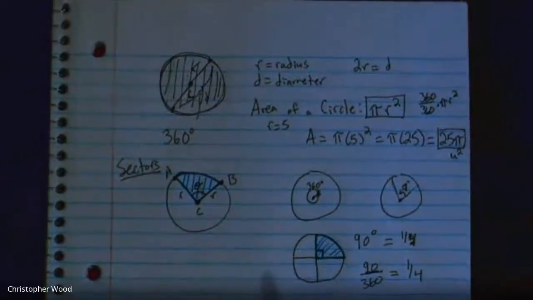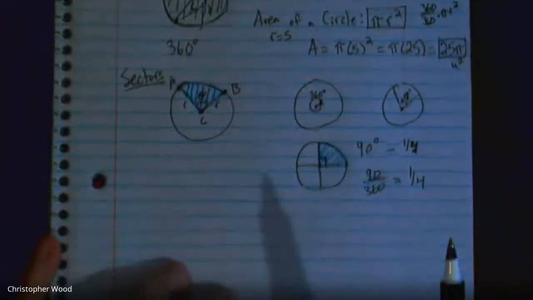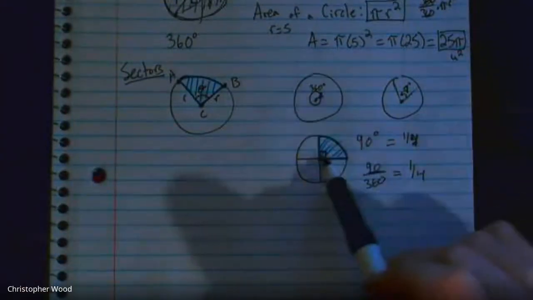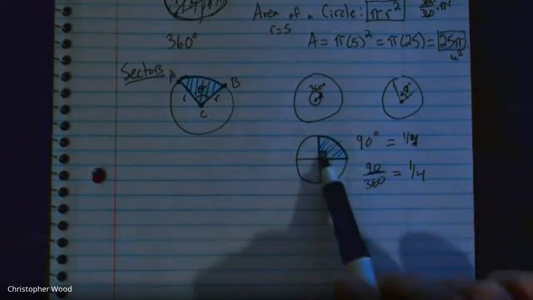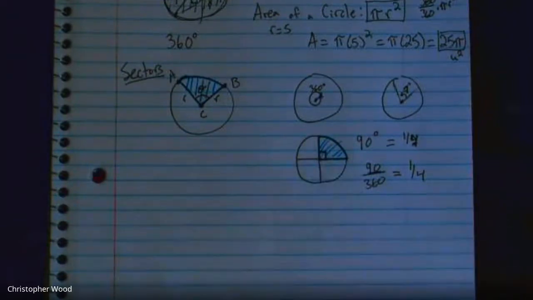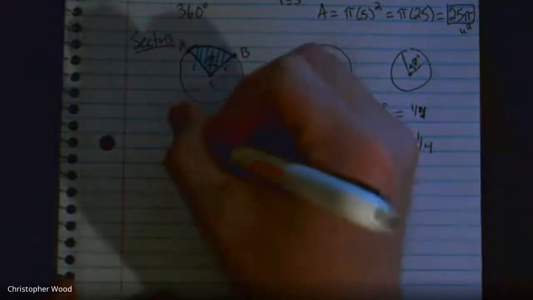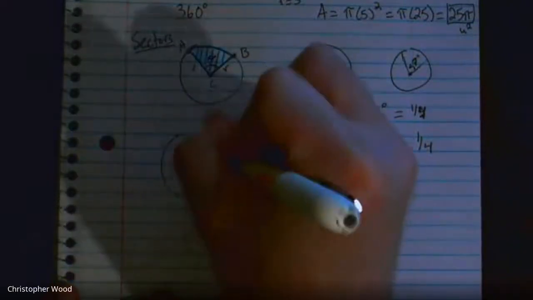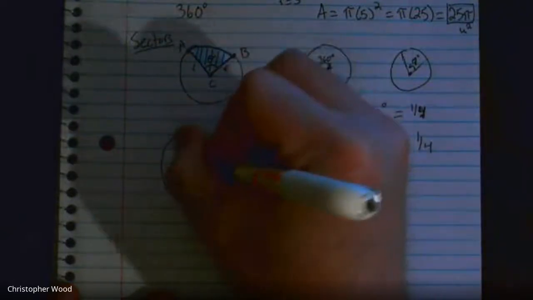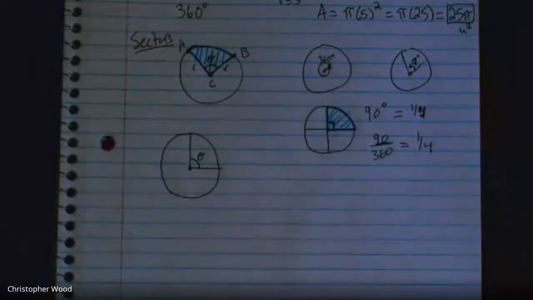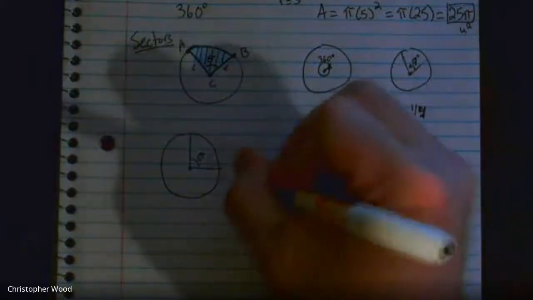Sectors are pieces of circles. So depending on how many degrees your sector is, I want just that piece out of the whole circle, 360 degrees. So to find the area, I'll write the general formula here, and I'm going to use theta. So let me draw the circle again. If we call the angle measure here theta, I've kind of made it look like 90 degrees, but I'm going to call it theta. The area of a sector